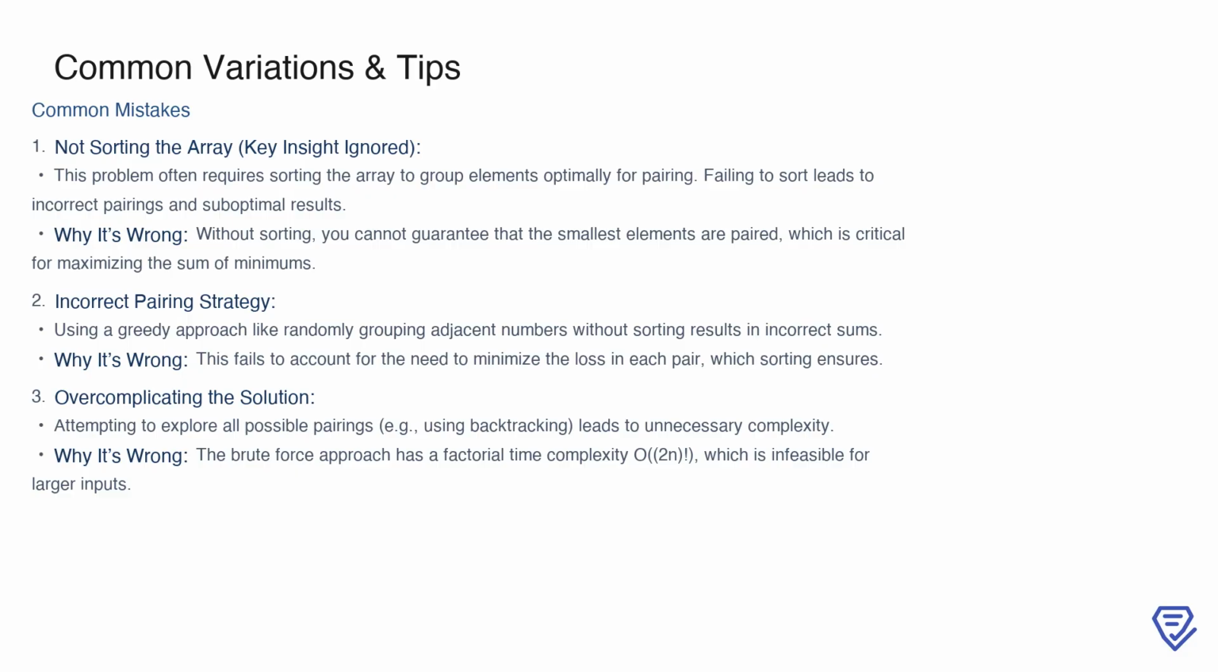Another mistake is using an incorrect pairing strategy, such as greedily grouping adjacent elements without sorting. This approach doesn't account for minimizing the loss in each pair, which sorting inherently handles. Lastly, overcomplicating the solution is a trap some fall into, like attempting to generate all possible pairings with brute force. While this approach is technically correct, it's computationally expensive due to its factorial time complexity, making it impractical for larger